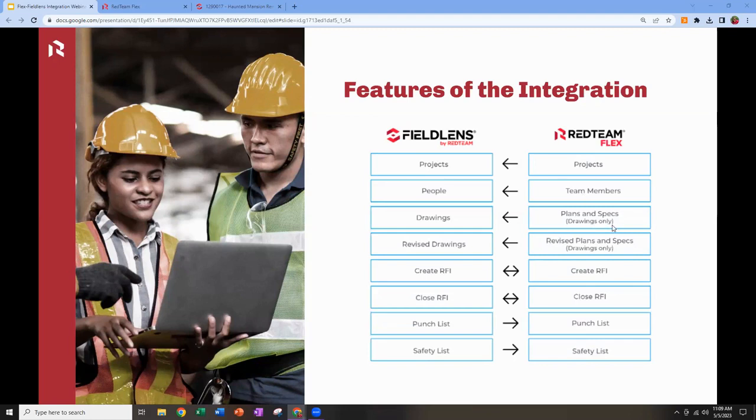Plans and specs here. You'll see that we create our plans and specs in Flex, and we send drawings only across to Fieldlens. Fieldlens is a drawings management tool, but it's not going to handle things like specifications. So we're going to keep those in Flex, and those can be viewed through the online plan room for your project. But the benefit to pushing across your drawings here is that we can mark those up and we can